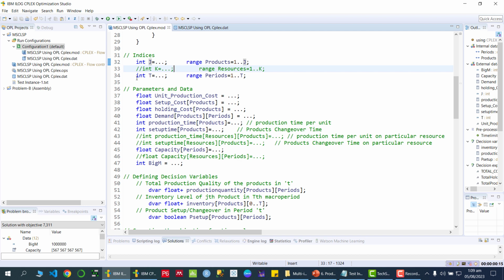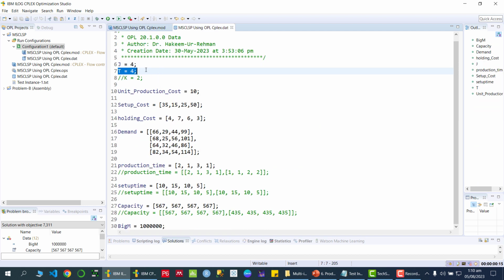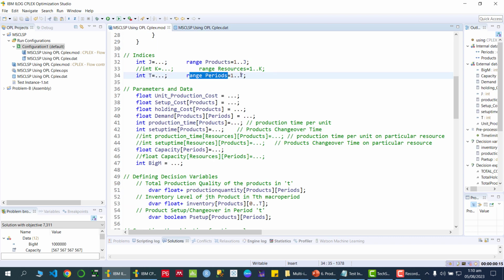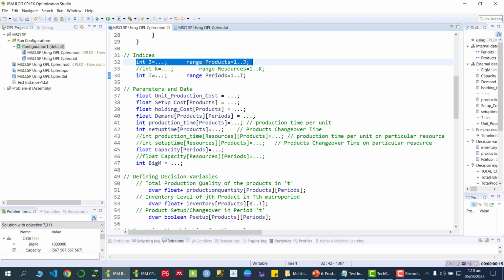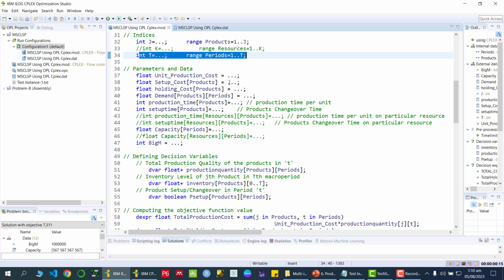Okay, the next is I'm going to define the number of time periods. So I'm saying int t, that is the time. Again, the three dots are indicating that the data is in the data file, with t equal to 4, and the period range is from 1 to 4. So once we have defined the indices, that is product as well as time period, the next thing we need